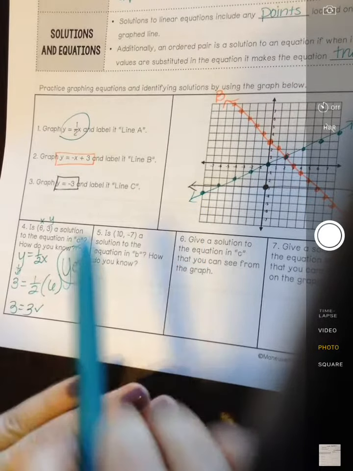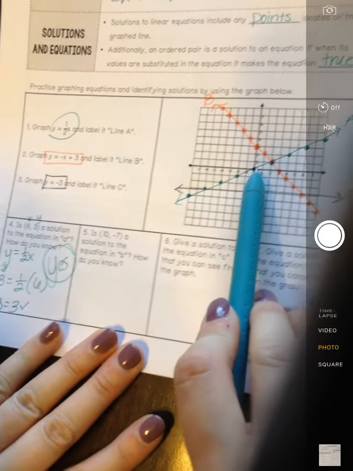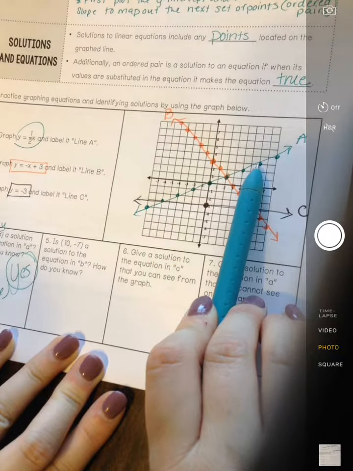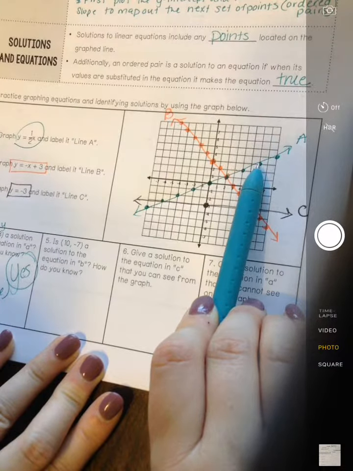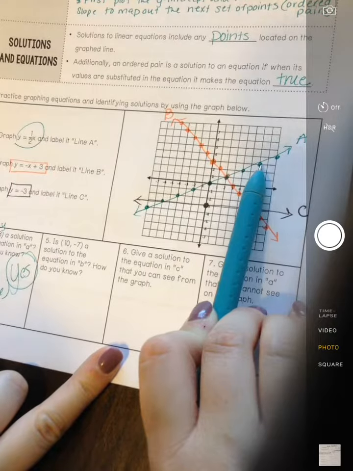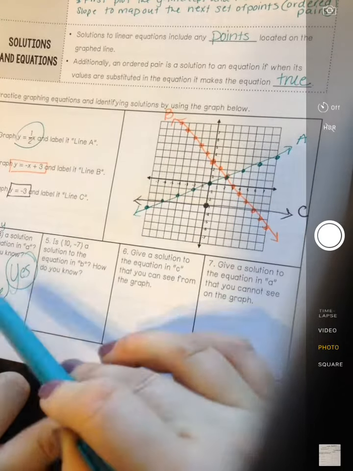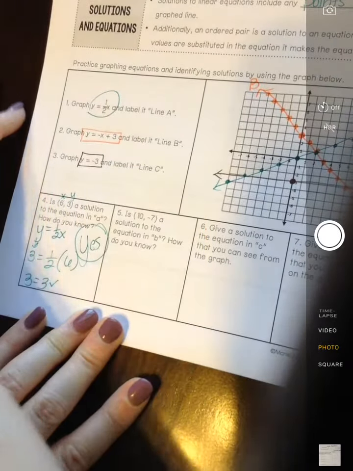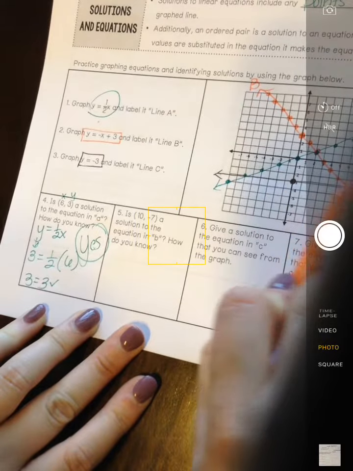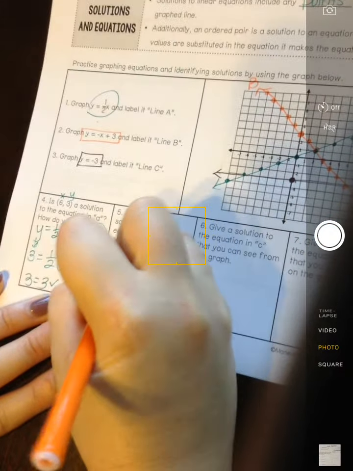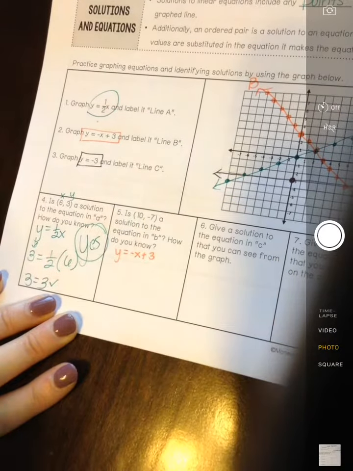The other way would be to plot it. So if I went over 6, up 3, is it on my graph? It absolutely is. So you have two ways to do it. But sometimes your graph will run short and you won't be able to see further ahead. So if you plug it into the equation, it makes it that much easier. So let's do the same with number 5. So number 5 is 10, 7. That's where I'm proving that point. We don't have 10 on this line, so if we just use the equation, y equals negative x plus 3,